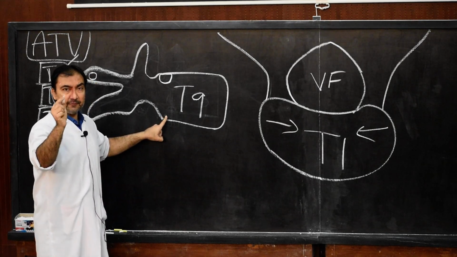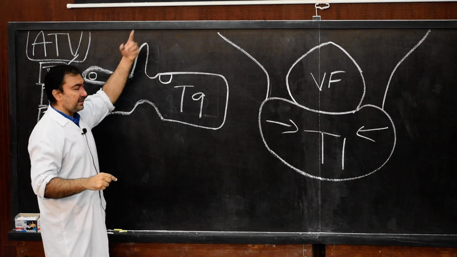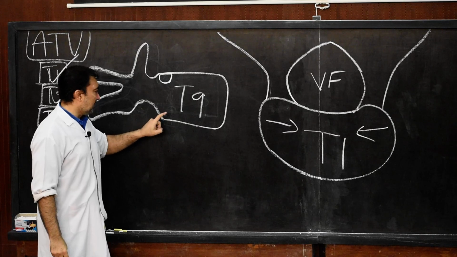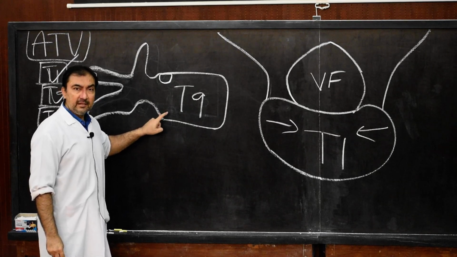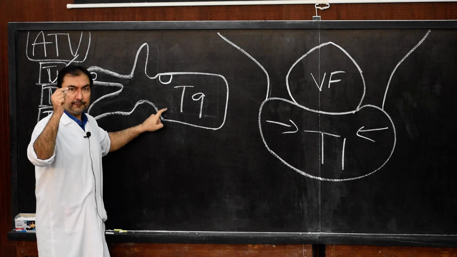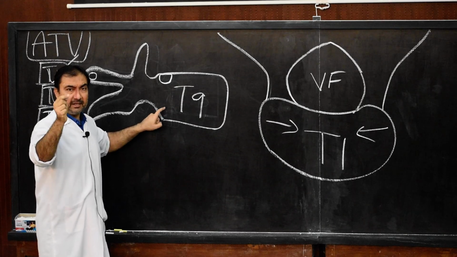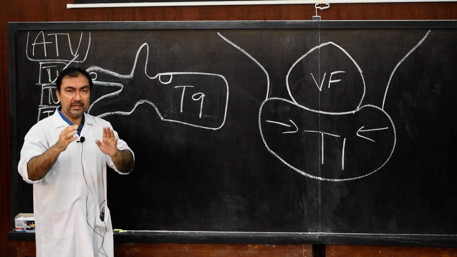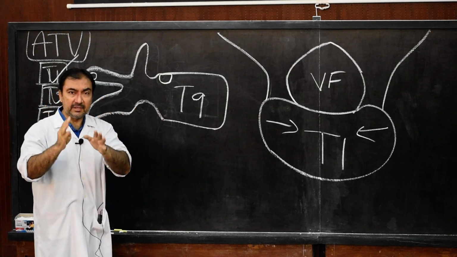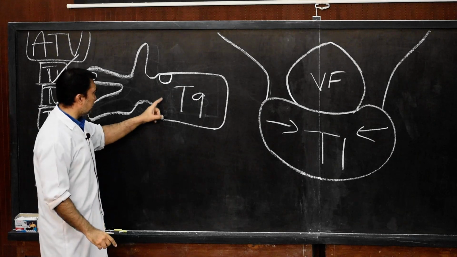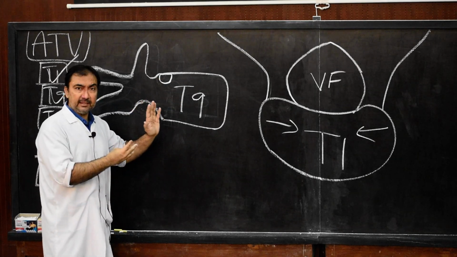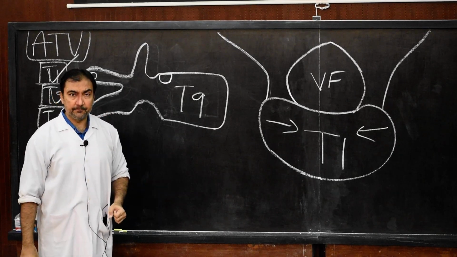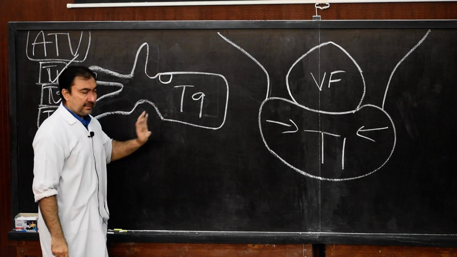So this is the only point of difference between T9 and the remaining typical thoracic vertebrae. Only point of difference, absence of inferior costal demi-facet on T9, and the remaining features will be the same as typical thoracic vertebrae. When you memorize this diagram, when you keep this in mind, it will be very easy to differentiate between these vertebrae. So this is T9.